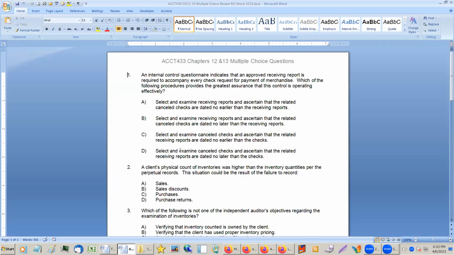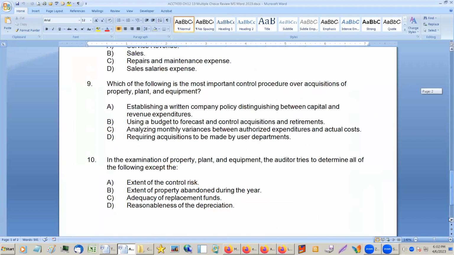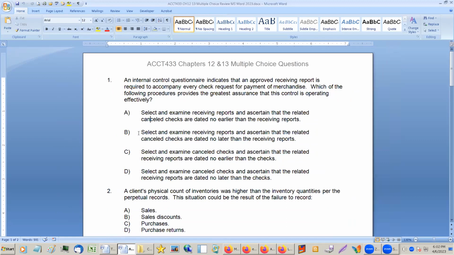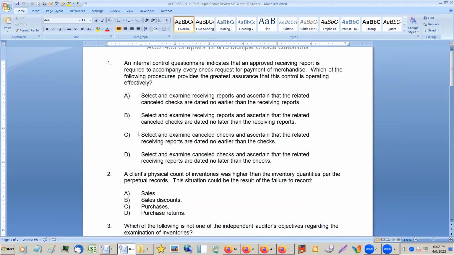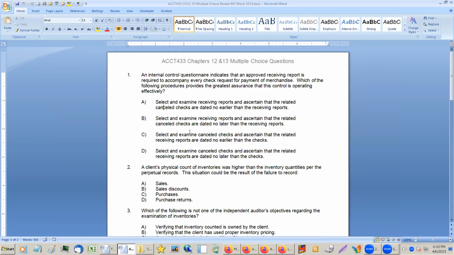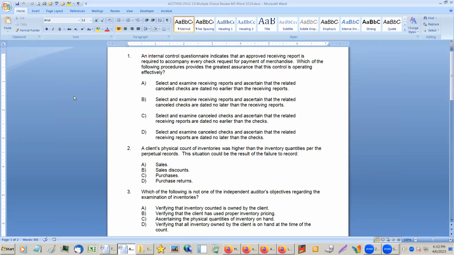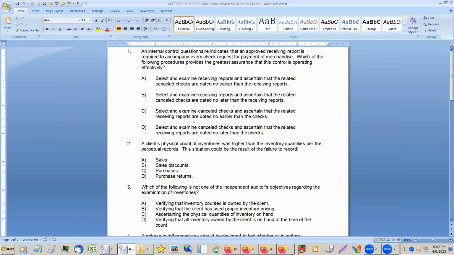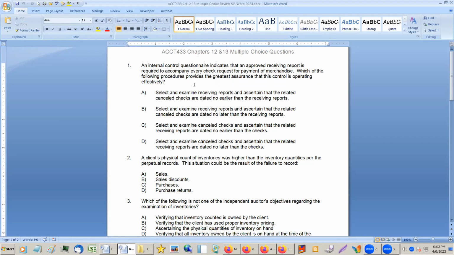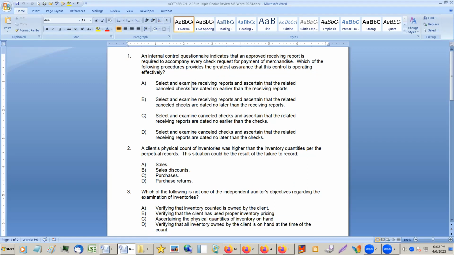All right, so this is the, okay, let me start a poll. And just so you know, a lot of these things, I think all these multiple choice questions are actual CPA exam questions. Inventory obviously has been audited for many